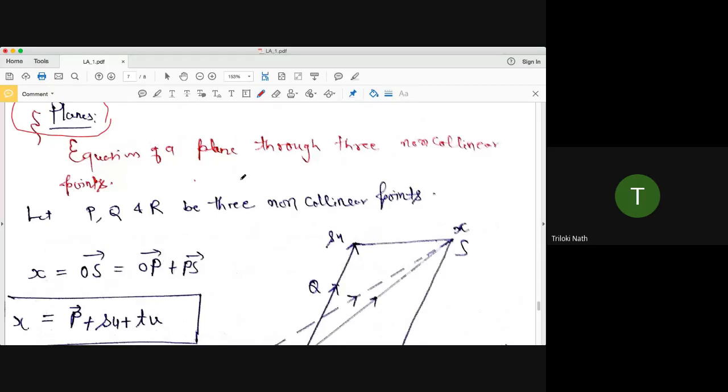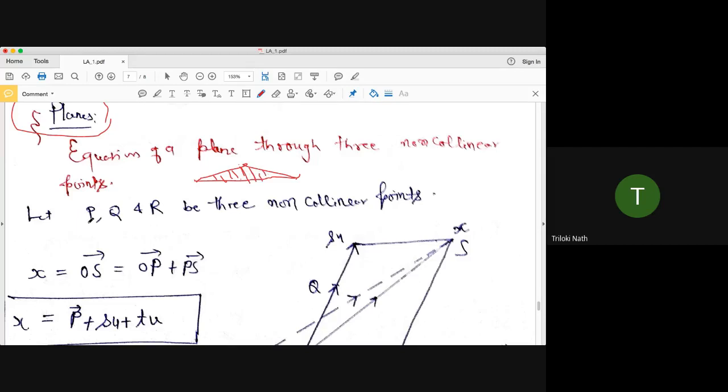Right? Suppose this is the point, this is the point, this is the point. If all these points are in one line, then what is the plane? No plane, it is a line. But if one point is here, one point is here, and one point is here, then joining this, you will have this plane, right? You have this plane, is it not? And you can extend it. So this is not a line, this is a plane, okay?